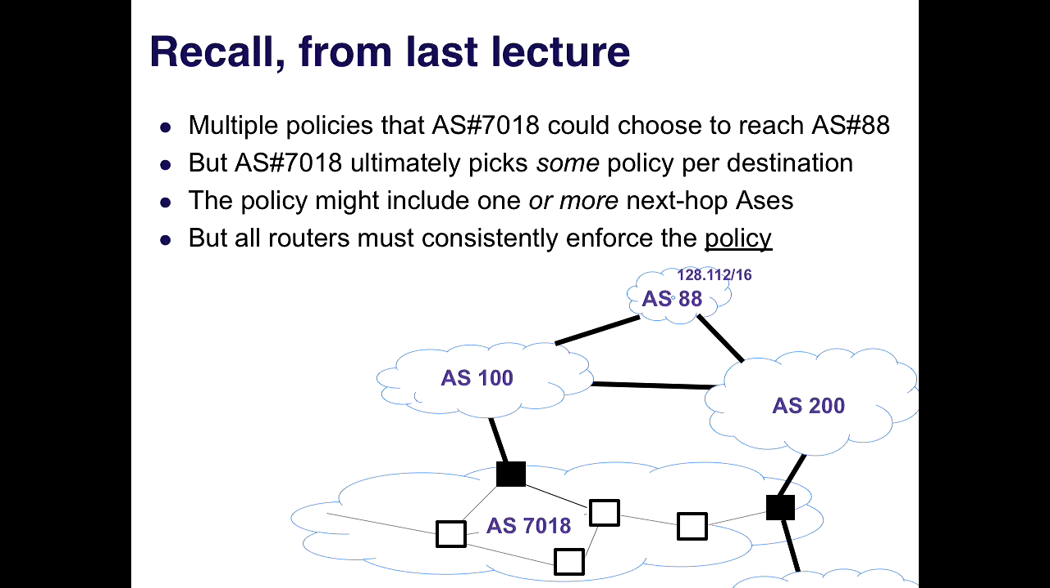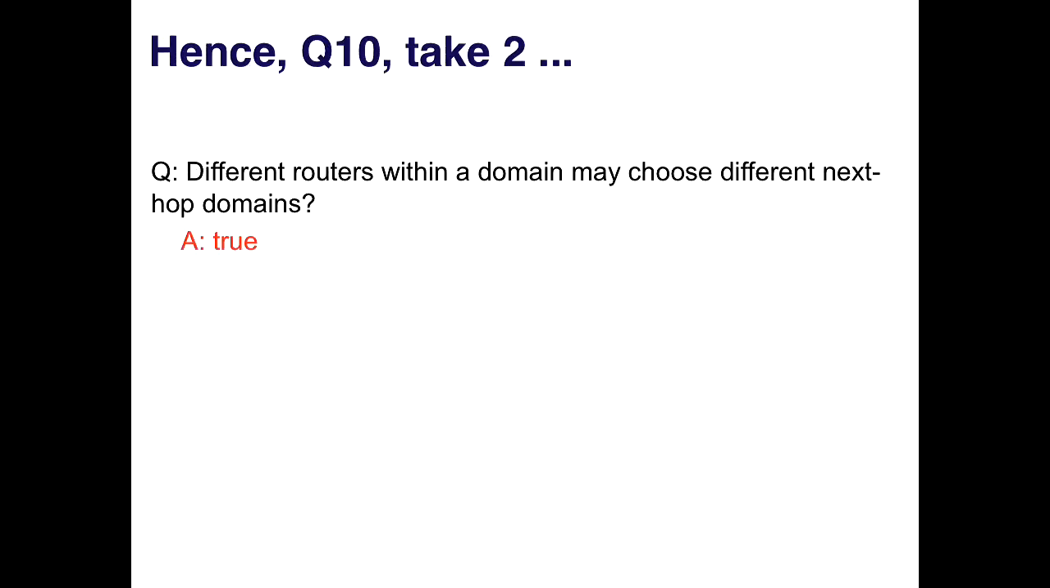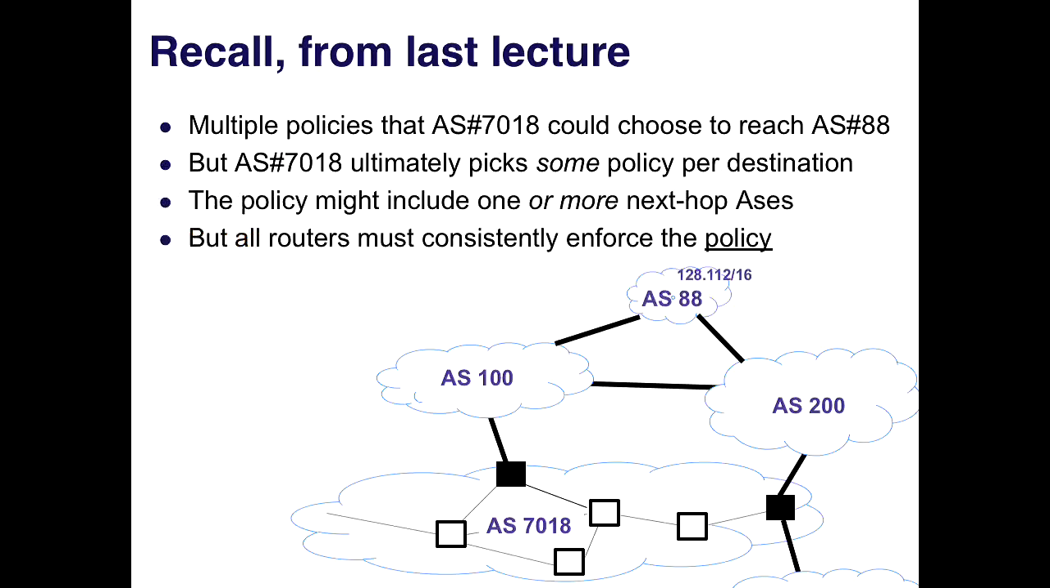So how is it then that this can be true? If the router is always going to pick the same policy, how is it true that it can pick different next hops? Because your policy could be such that you're splitting traffic across two next hop ASs. The example here would be a great one, where, let's say, both of these are either peers or providers for